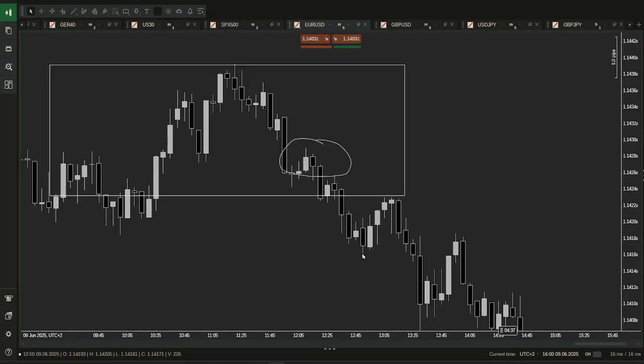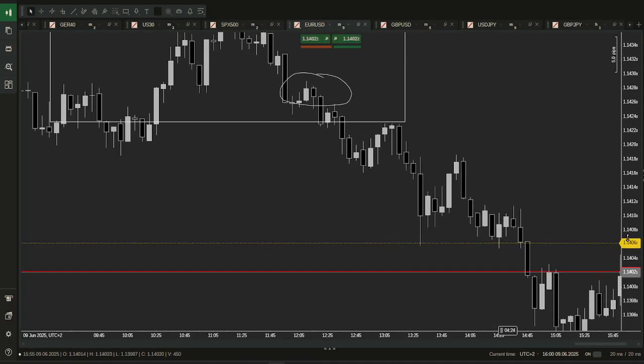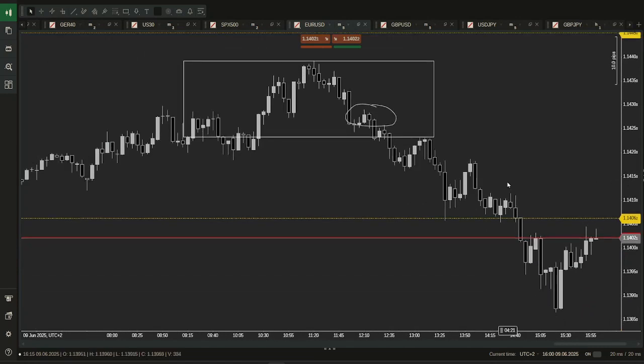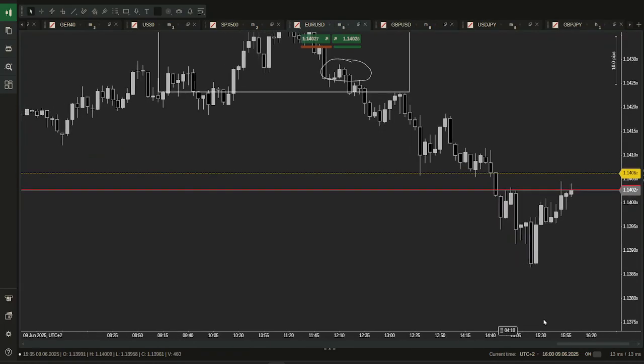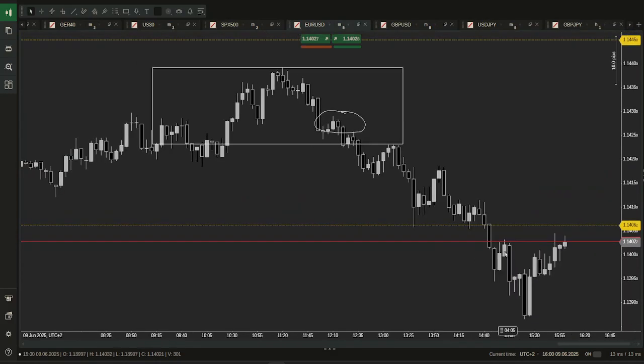So we have a move lower, retrace back up, a move lower again. These two are within the same bracket, meaning this is a double low in my system. That means I can trail to this position, and it means also that the trade would be free. And then we have the same thing happening again. Retrace, and again. Double low, and then we just go down and something happens, and this is the time where the action comes from the US. And yeah, so pretty much trailed it maybe 1.5,